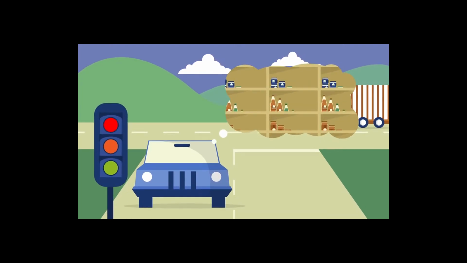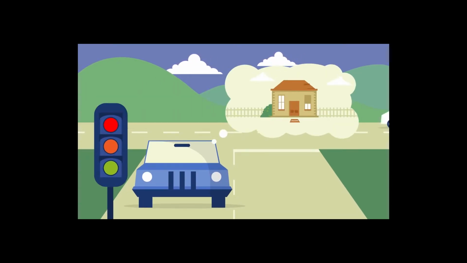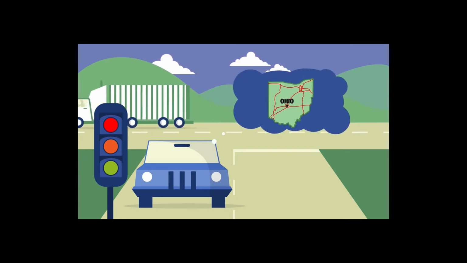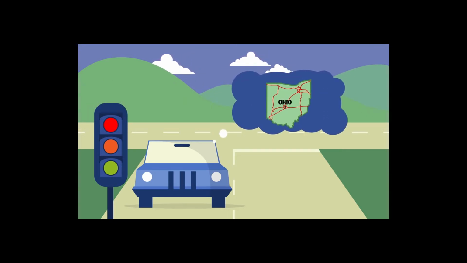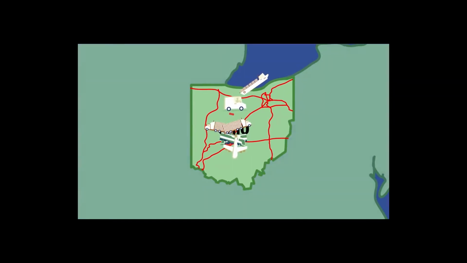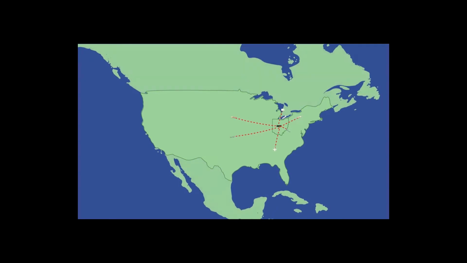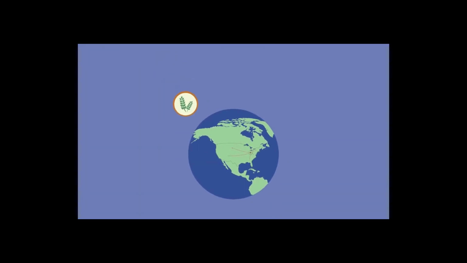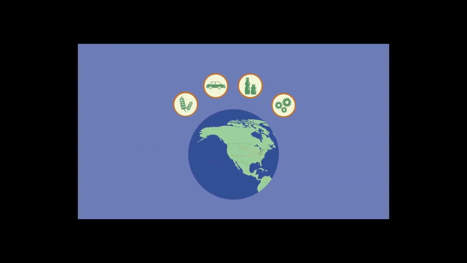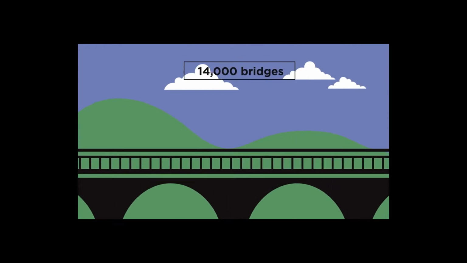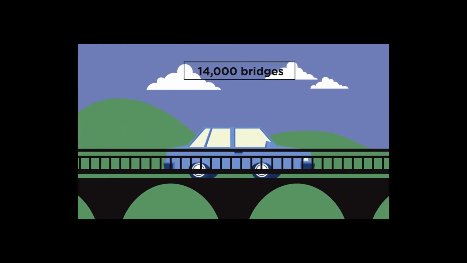Do you ever think about how groceries are at the store when you need them? How your online orders get to your front door? And how factories receive their parts? Or how you drive from city to city around Ohio? The answer? Ohio's strong transportation system. The roads and bridges you use daily also make it possible to sell Ohio's top exports: crops, vehicles, plastics, and machinery to the rest of the world. This is why it's so important to keep the more than 43,000 miles of roads and 14,000 bridges that ODOT maintains in good shape. It's for the easy movement of people and goods from place to place.